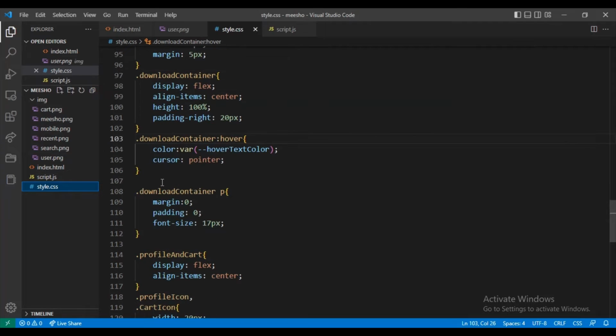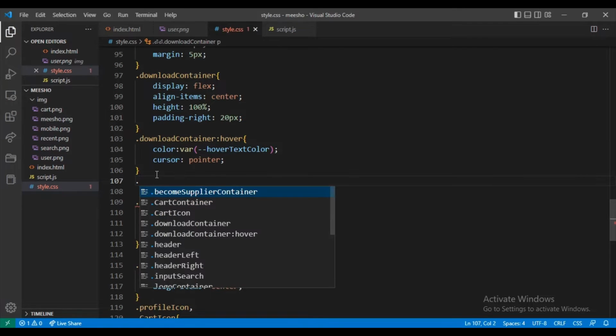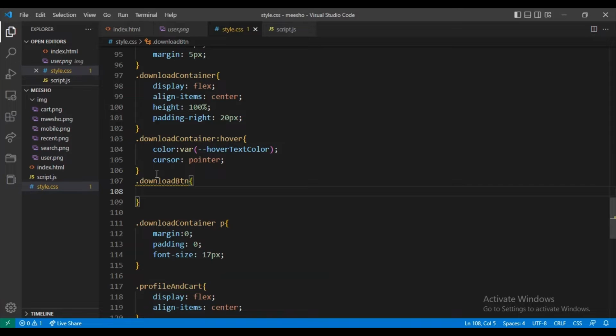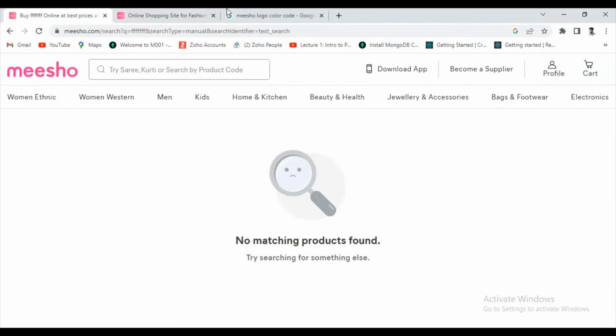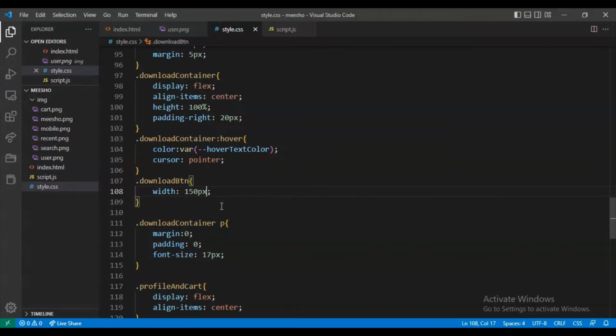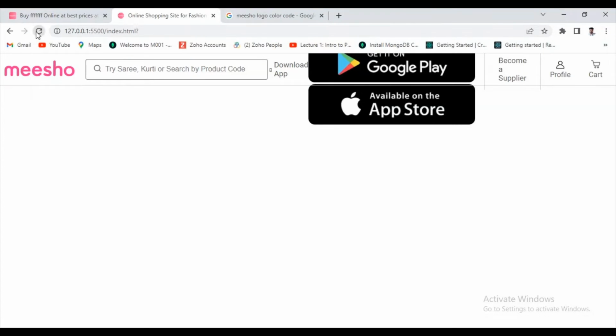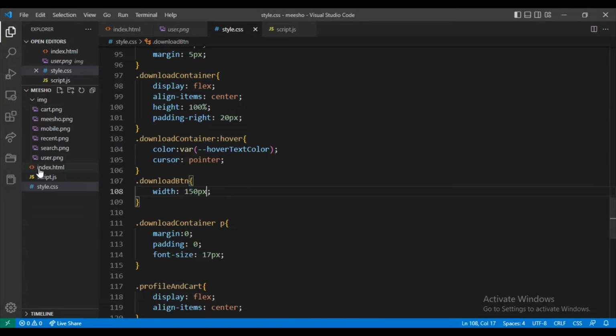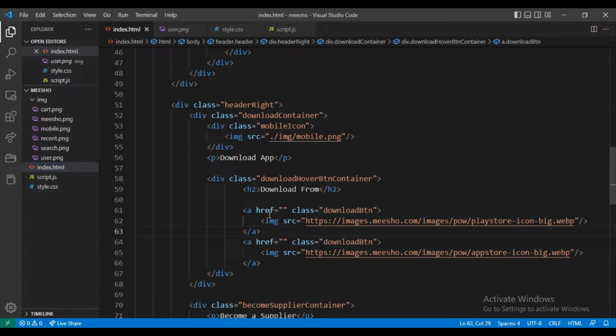Here is a download hover. After that I paste this btn and give the width approximately 150 for checking purposes. Now let's see what the output is. Here, see, this one is coming. Okay, in the download btn,